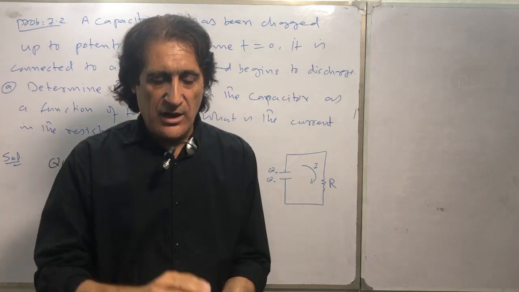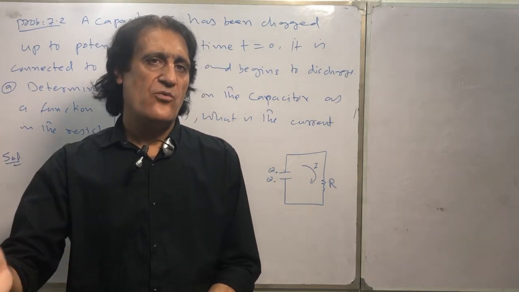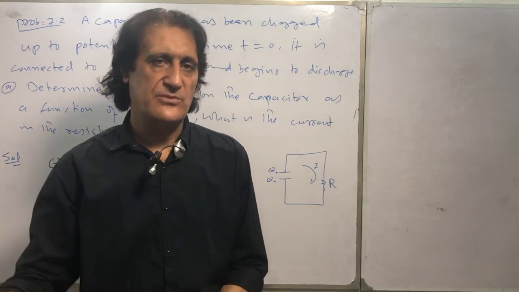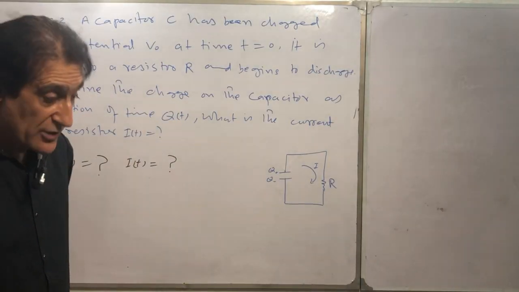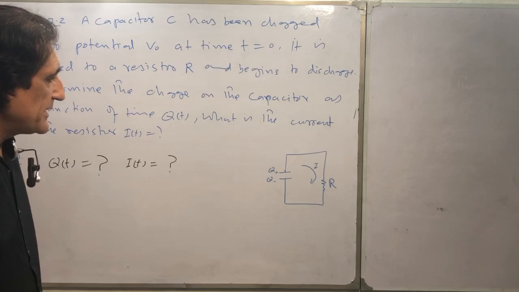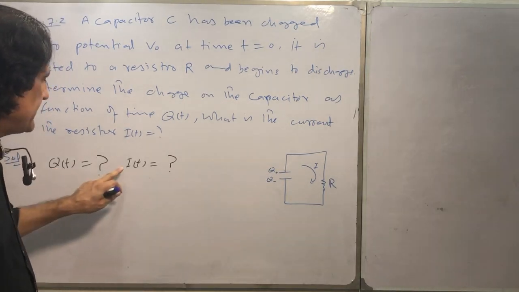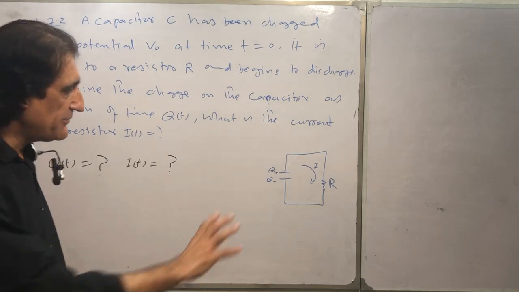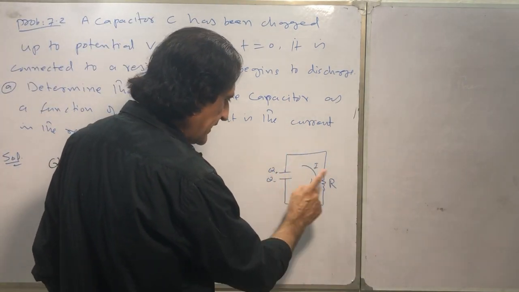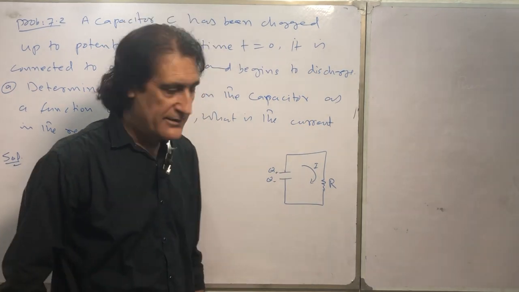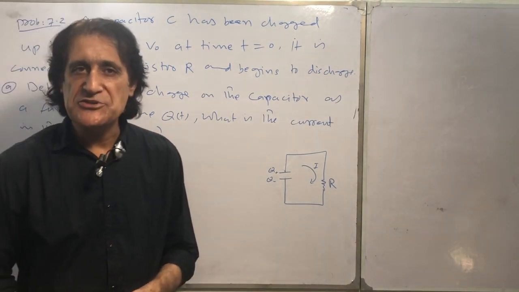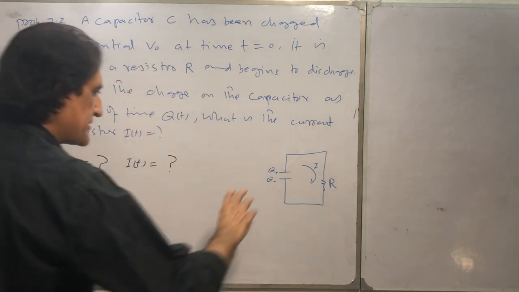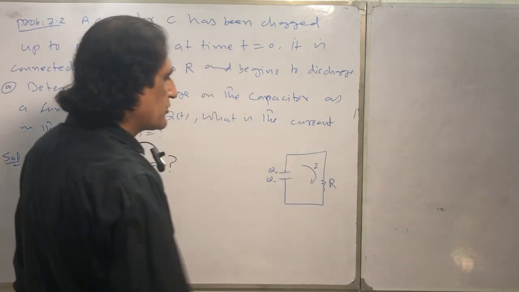It means that how the charge changes with time and how the current changes with time. So we need to find these two expressions. How do we start to solve this problem? We need Q of t and I of t, and we have only the capacitor and the resistor R. Then we should look for Kirchhoff's voltage law, where it states that the voltage around a closed loop